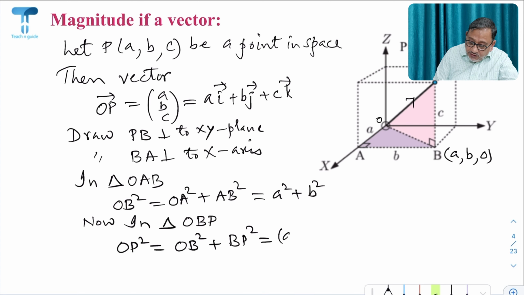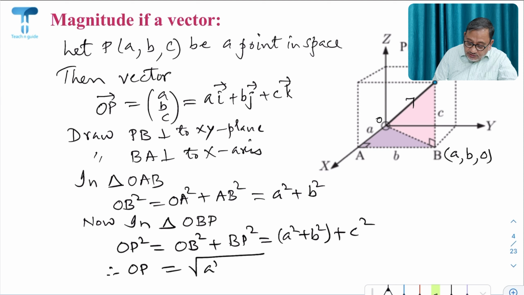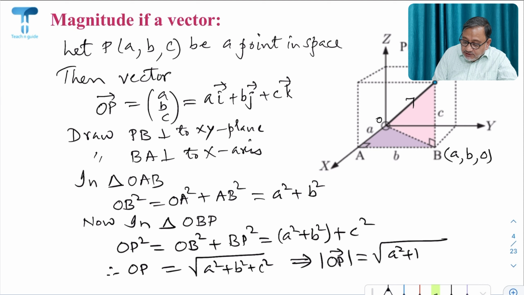OB square we already found, A square plus B square. And BP square is in the direction of the z-axis, which will be the z coordinate of the point P, which is C, so therefore C square. So like this, we have found the value of OP square. Therefore, OP is equal to the square root of A square plus B square plus C square. Okay. And like this, the magnitude of vector OP in space will be given by A square plus B square plus